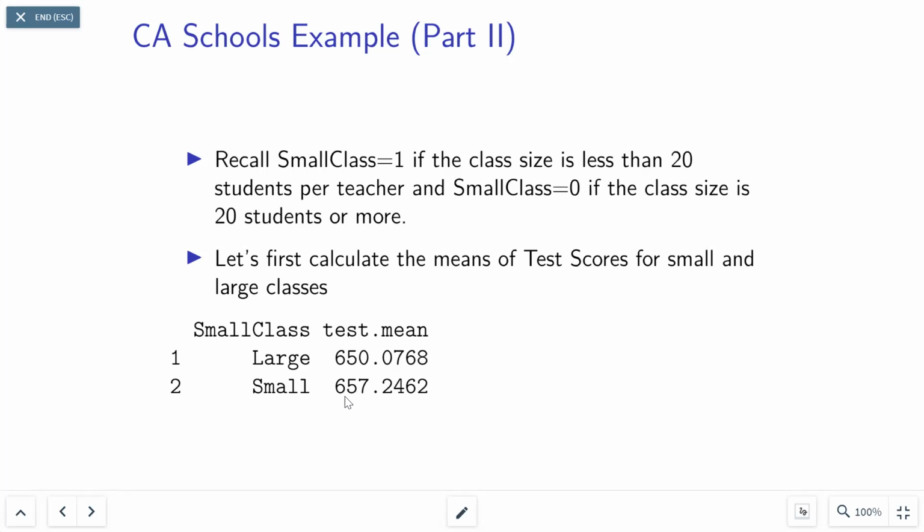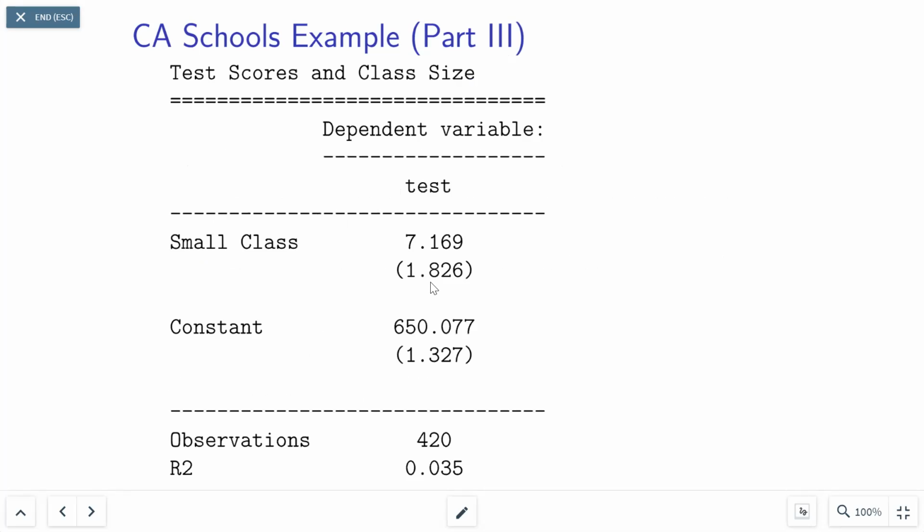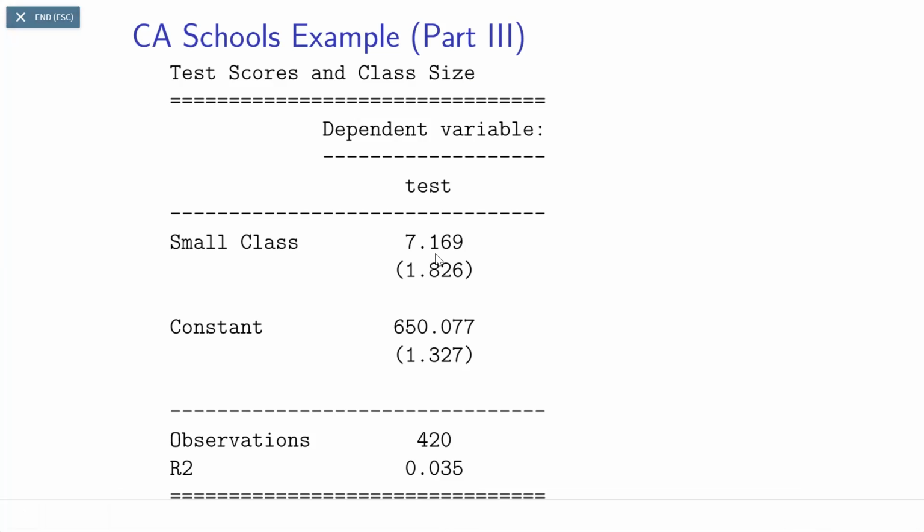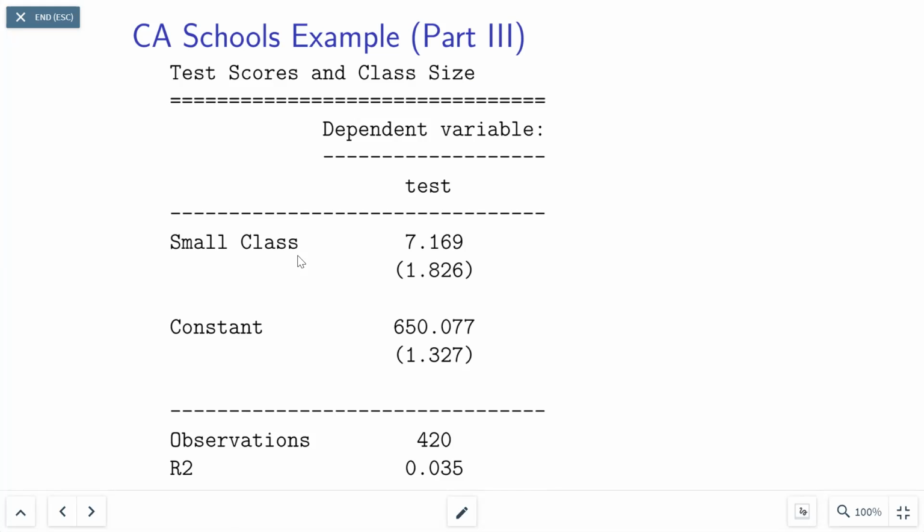The difference is calculated using 657 minus 650, which gave us roughly 7.1. And the OLS estimate confirms this result. You see the estimated coefficient for the small class dummy is equal to 7.1. This means on average, the small class size increased test score by 7.1